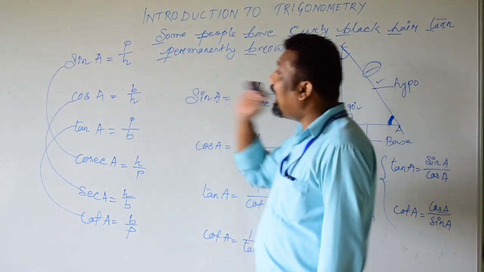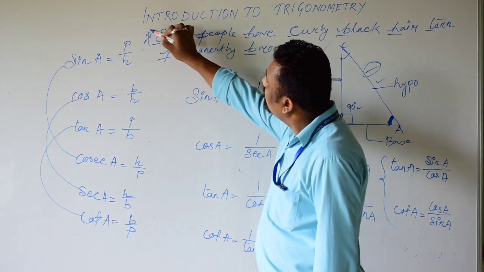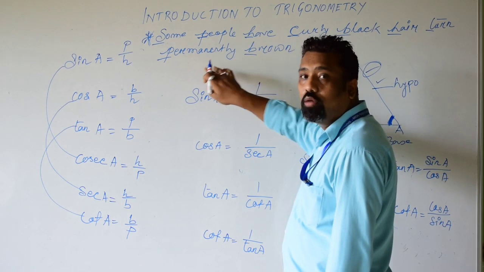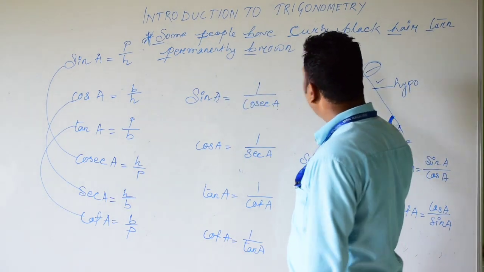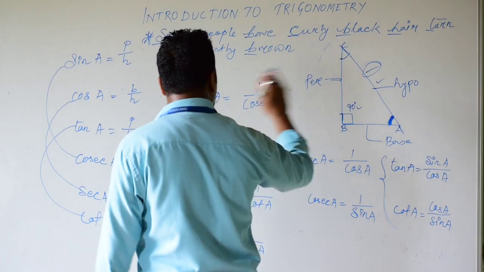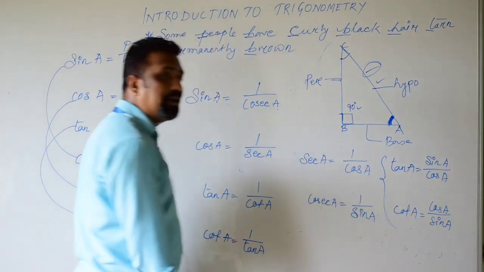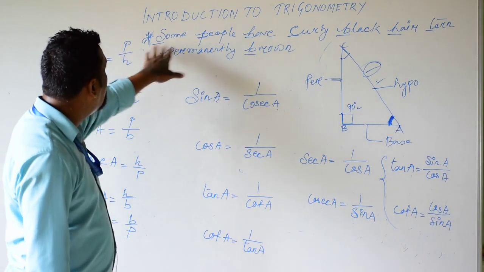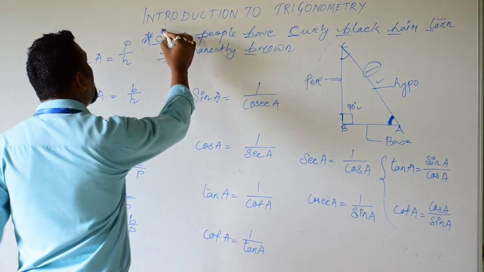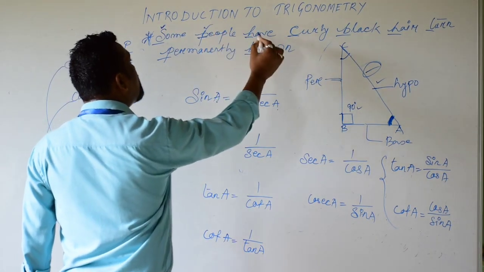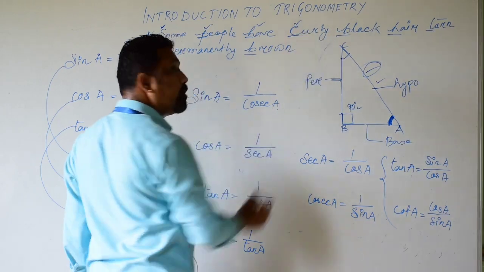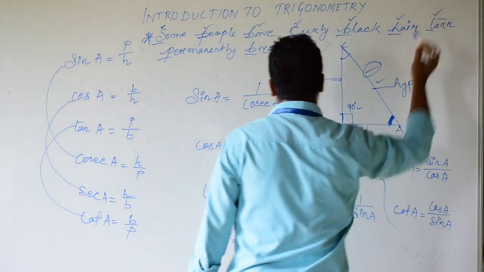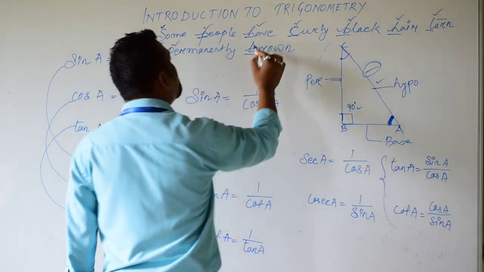But the most important thing, I prefer you learn this line: some people have curly black hair, turn completely brown. This line almost solves 50 to 60% of the doubts you have in the trigonometrical functions along with the right triangle, and how they are related. The same way, again I'll repeat for you. Some people will talk about the first letter. S we denote as sine, P as perpendicular, H is for hypotenuse, again C will be for cos, B is for base, H is for hypotenuse, T is for tan, P is for perpendicular and B is for base.